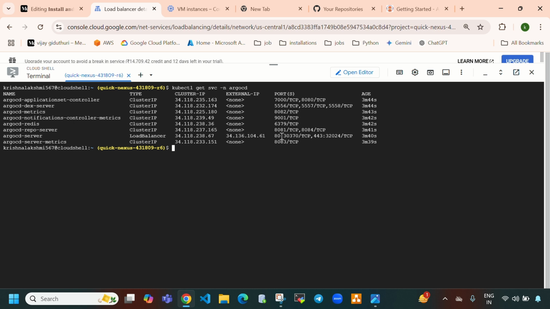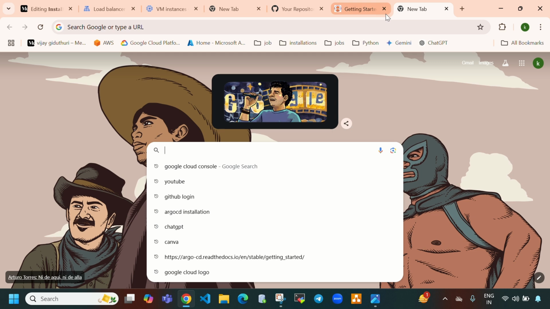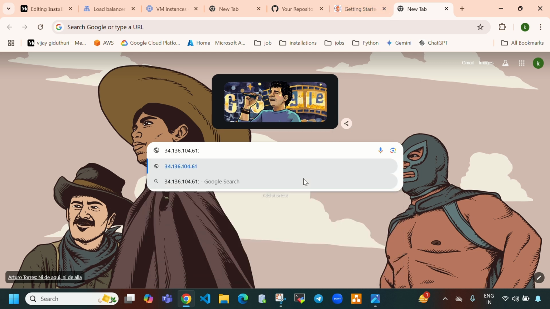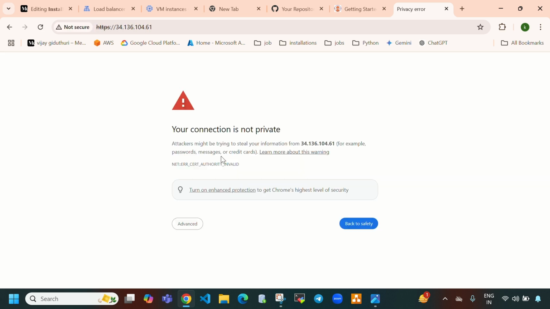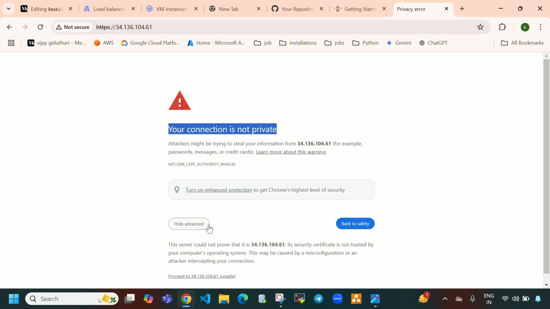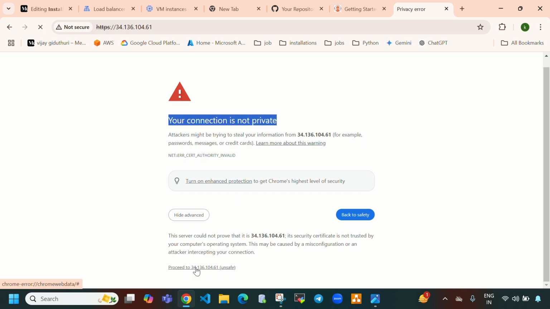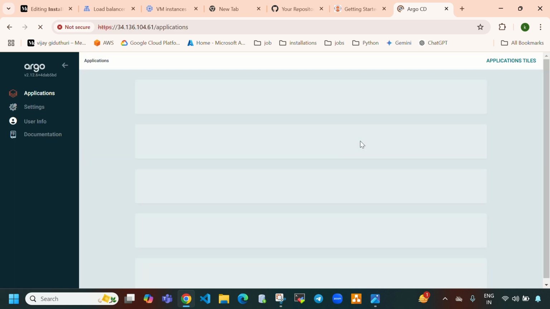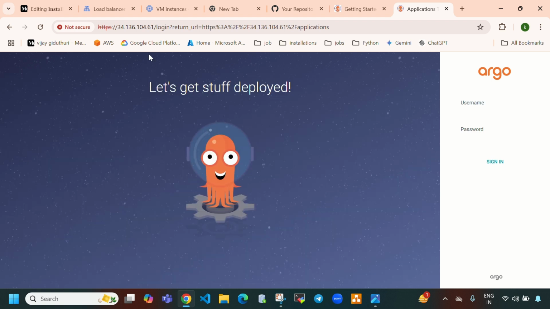Okay, so we need to access with port 80. So directly copy this, open a new tab, and access with port 80 and enter. So here you can see it was telling your connection is not private. Directly select Advanced and you need to select proceed with this IP. So here you can see this is the